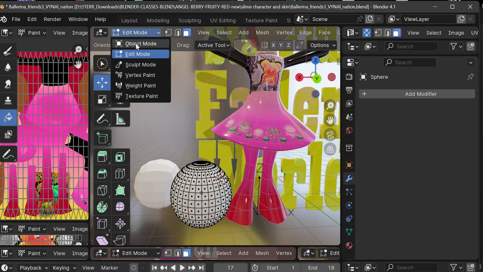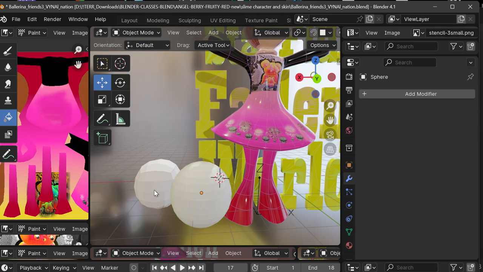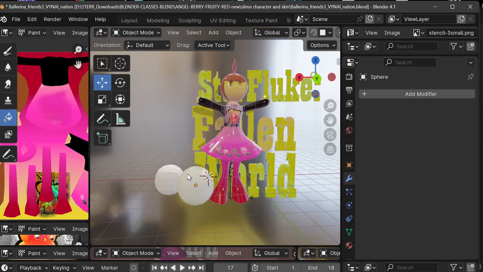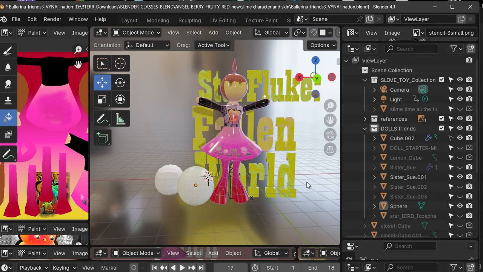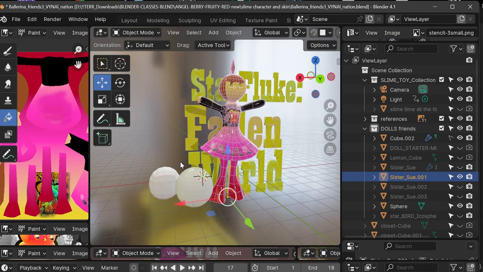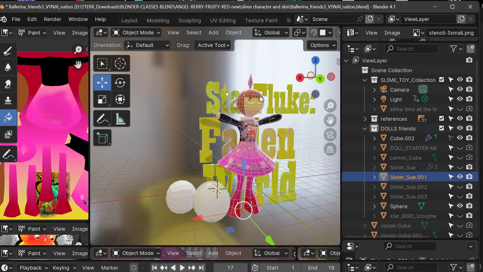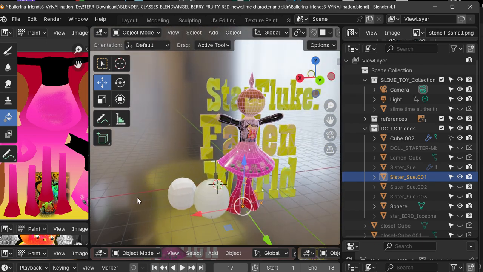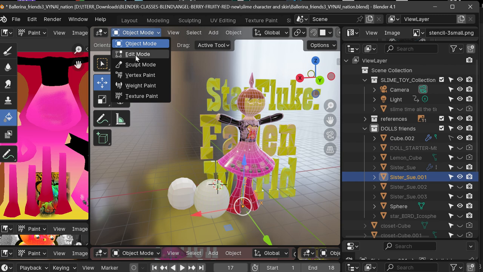So let me try that again. I don't know what happened here, but okay, so yeah, what we have done is we put the eye, I believe, inside of the game character. And so I select her, and I go to edit mode,